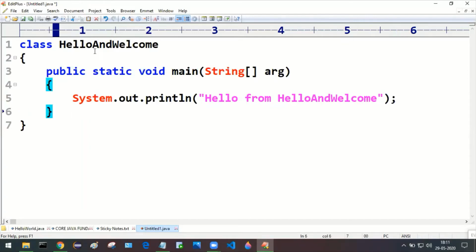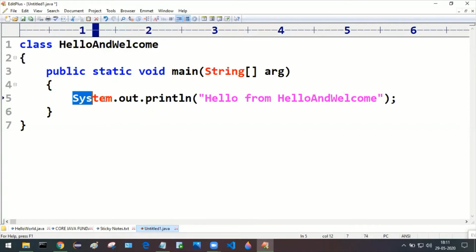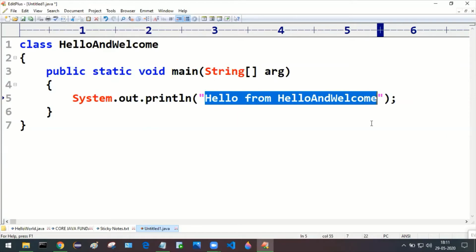So what is this class, and what are the rules to be followed while we are specifying this class name, and what is this public static void main, and what is this statement? All those things we'll be learning in detail in coming tutorials, but as of now we are learning what the -d and -cp options are. So here I'm just trying to print this text in the console, or the command prompt, we can say.